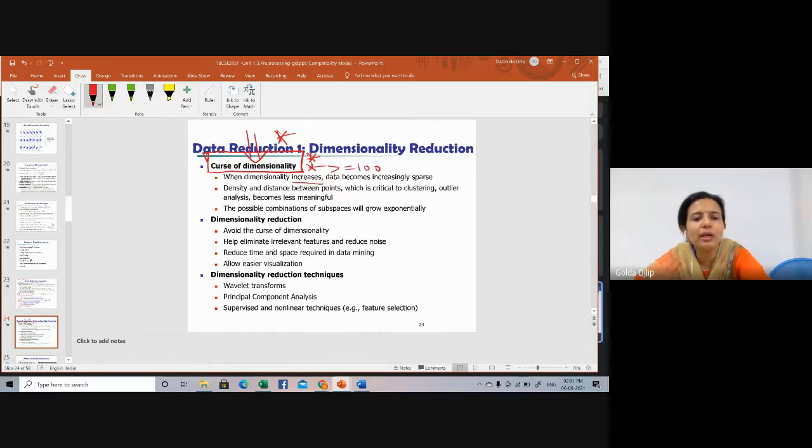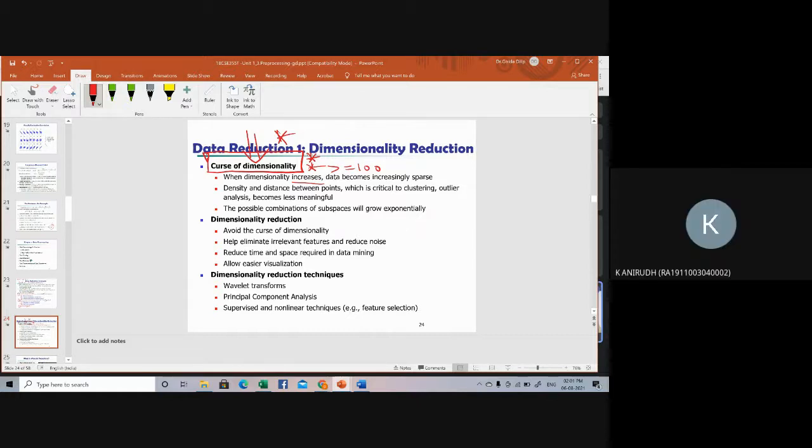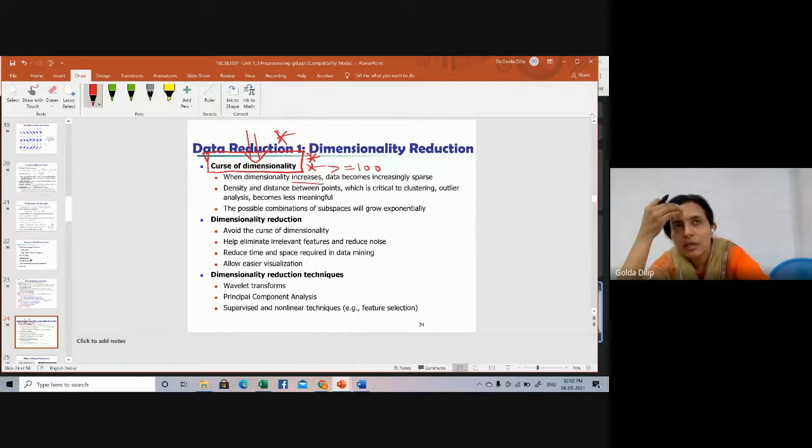When you have more than 100 attributes, then we call it high dimensional data. Ma'am, so you mean to say that when we have too many features, observations become harder to cluster? Yeah, like that. So that is the reason why we go for feature extraction and feature selection: remove the unwanted features from the data and select only those attributes that are necessary for analysis.